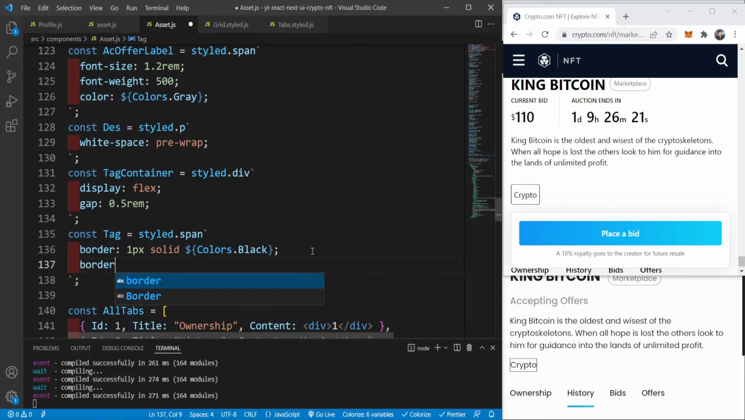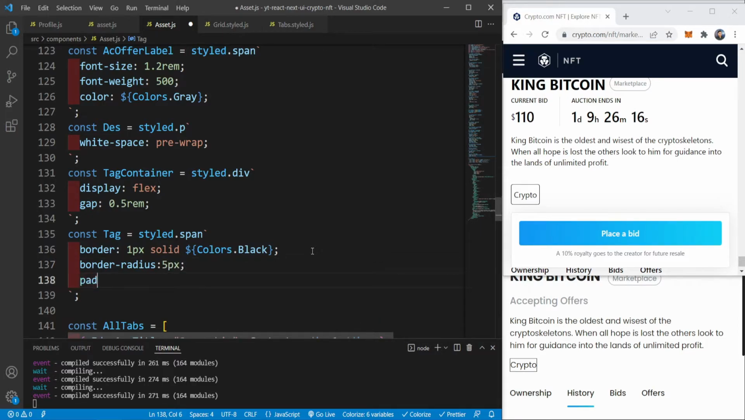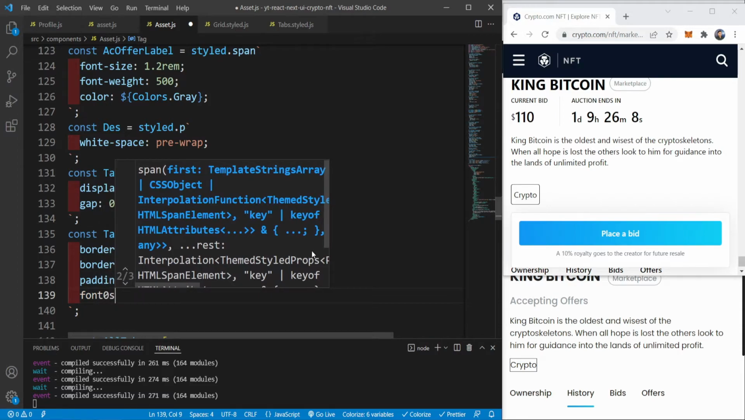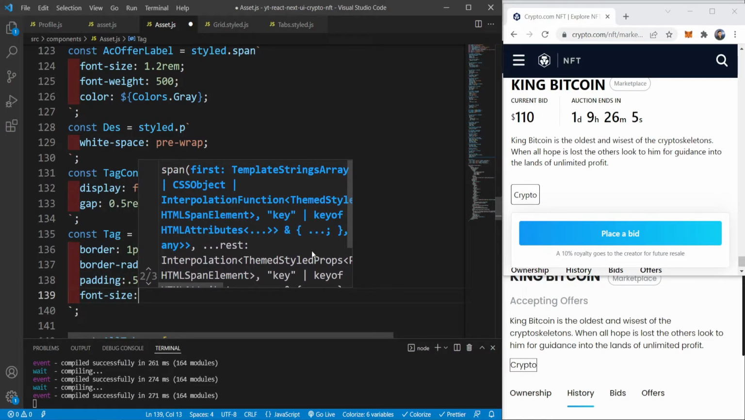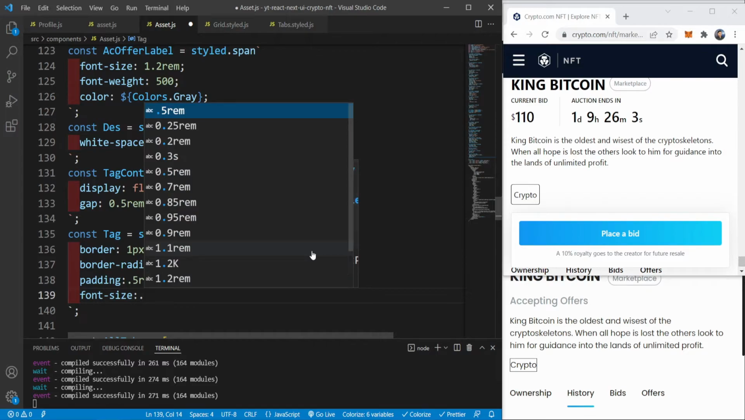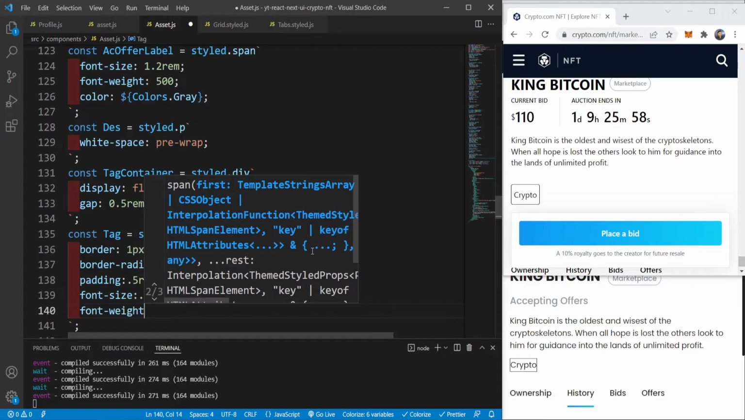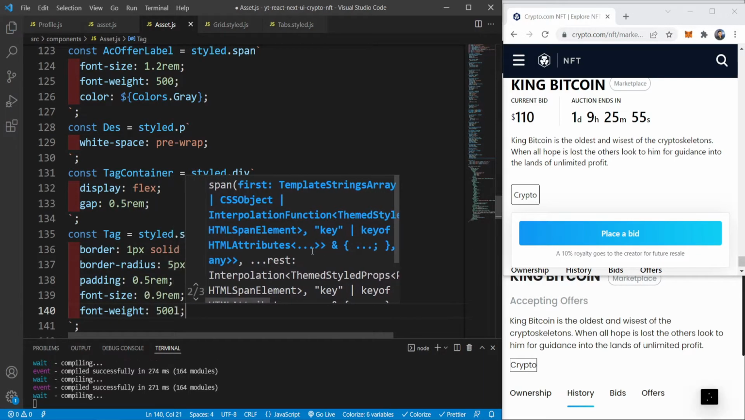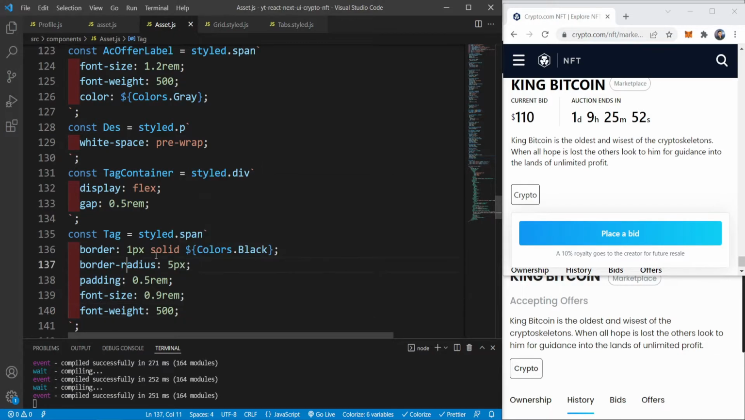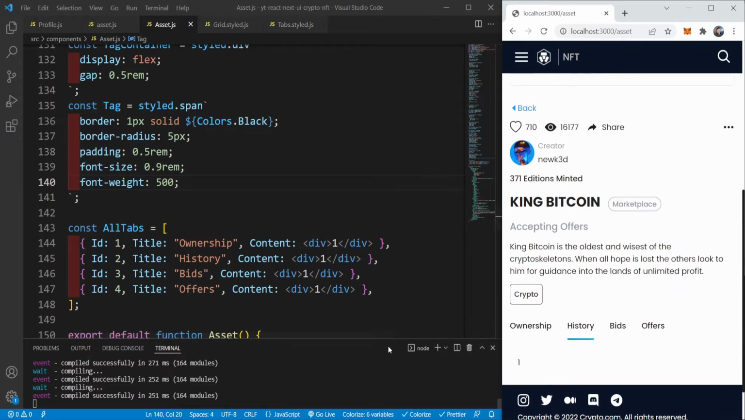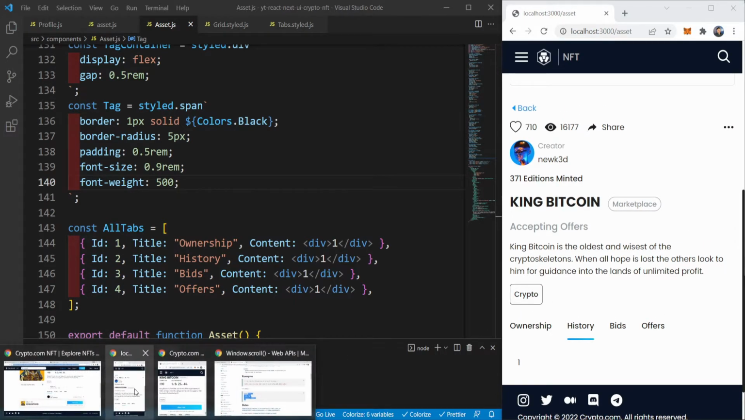And border radius of 5 pixels. Padding of 0.5 rem. Font size of 0.9 rem. Font weight of 500. Just like that. And it should be these items for this page, but now we should go ahead and create